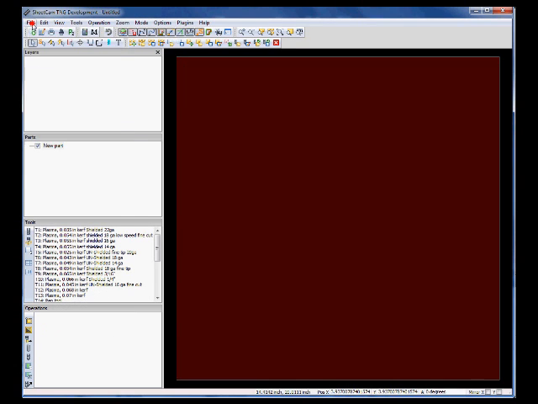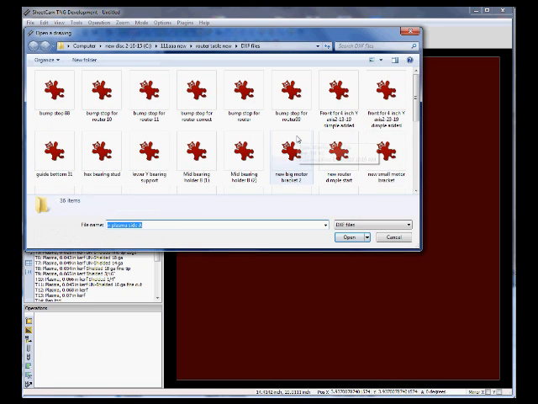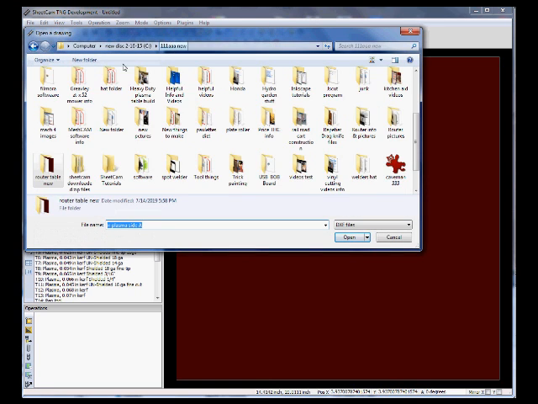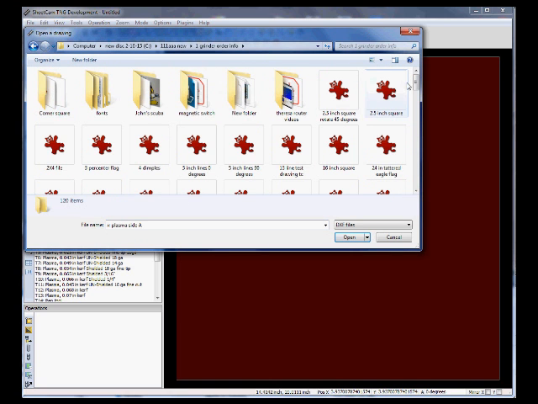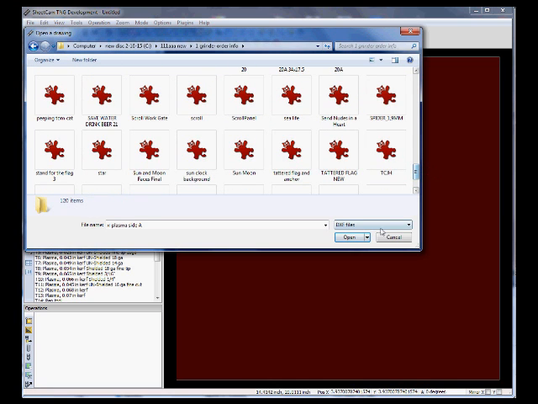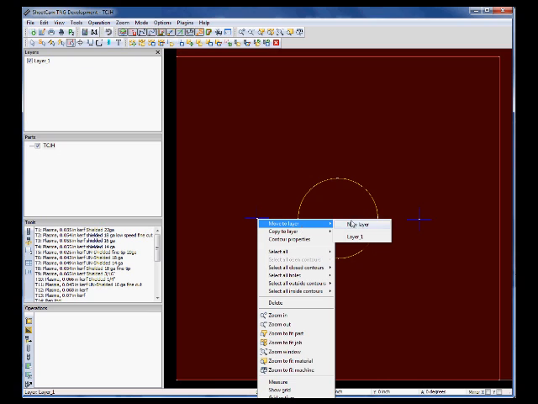Okay, now we're in SheetCam, so we'll come down here and do import drawing, and we'll look for that where I stuck it, and come down here, and it's set for DXF. Here's the file, so we click on this. Now you see you have your outside, these are your center punches, and there's your inside circle. So what you want to do is shift over to contour and mark these,